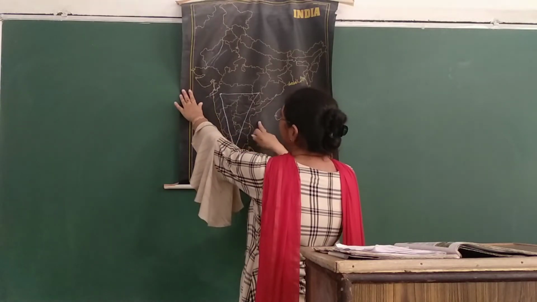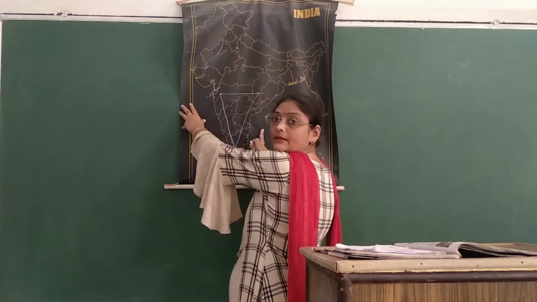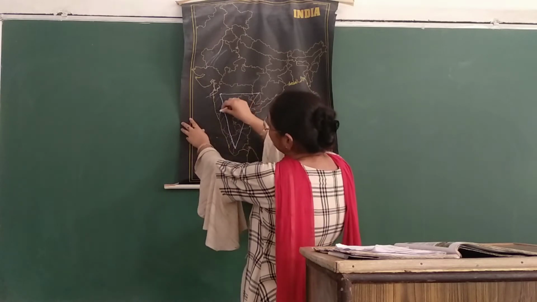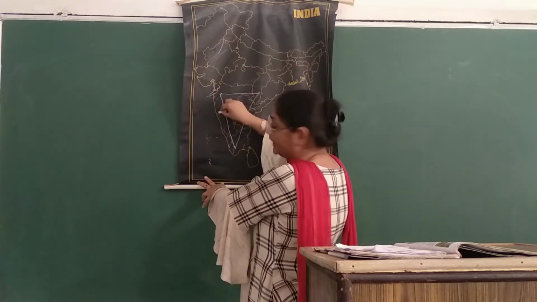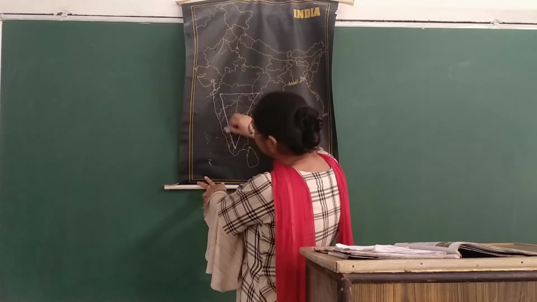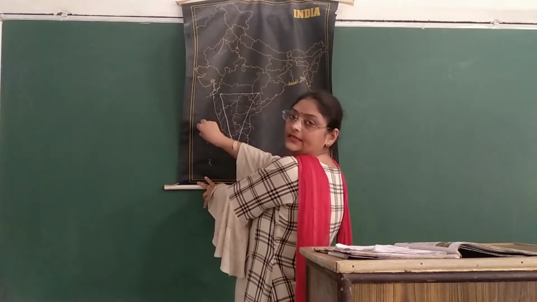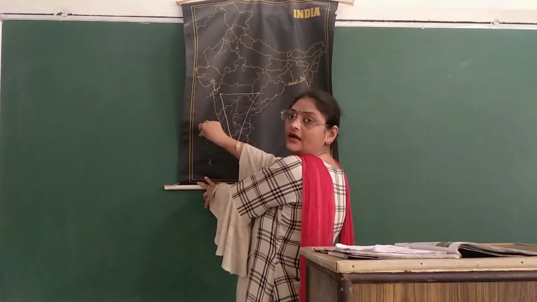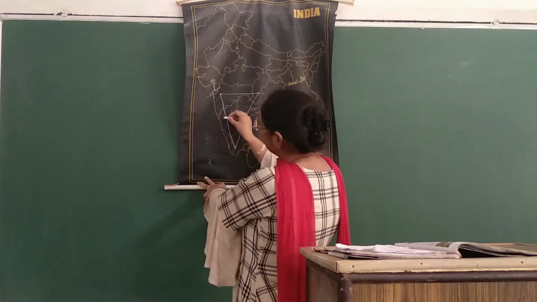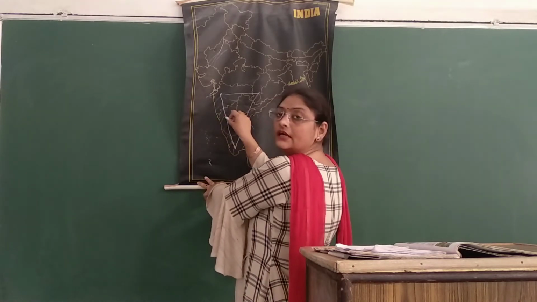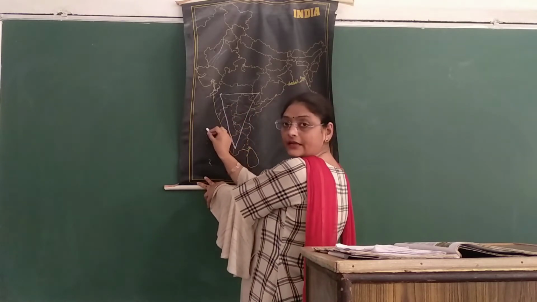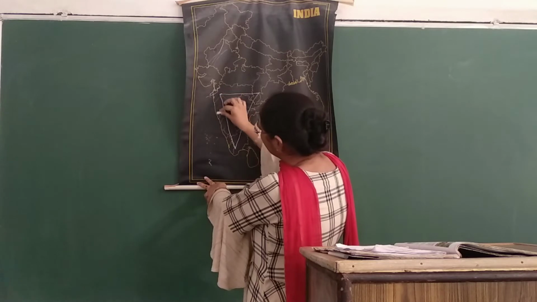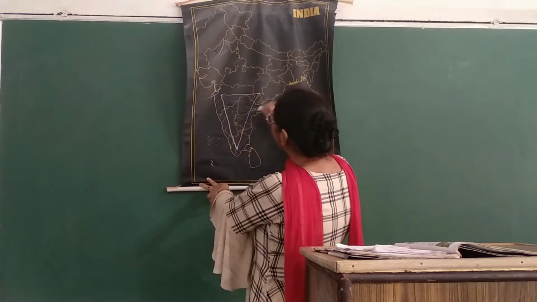Now differentiate between Western Coastal Plains and Eastern Coastal Plain. So Western Coastal Plain is the area between Western Ghats and Arabian Sea, meaning the sandwich area between the Arabian Sea and the Western Ghat. The area between Western Ghat and Arabian Sea is known as the Western Coastal Plain, and the